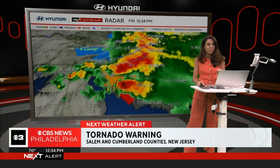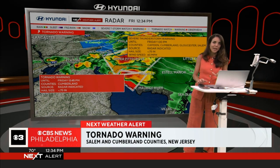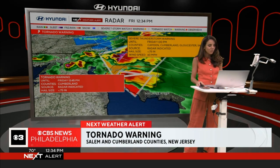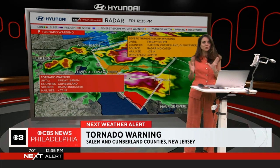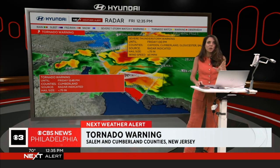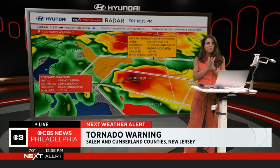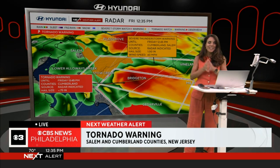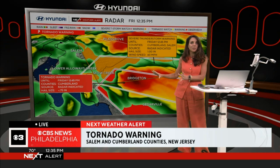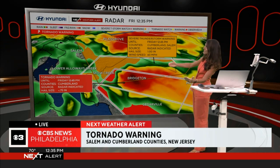most dangerous warning we have right now is for western Cumberland and eastern Salem counties. This is a tornado warning. It goes until 12:45. It has now been shrunken back to only include Cumberland County, right? So we're going to continue to see this warning follow the center of the circulation. Right now it is directly over Bridgeton, New Jersey. Bridgeton, New Jersey has a potentially tornadic supercell thunderstorm right over it. And again, you can see the box around it, and it's moving to the south and east at about 30